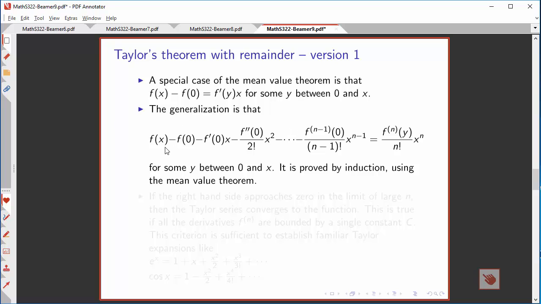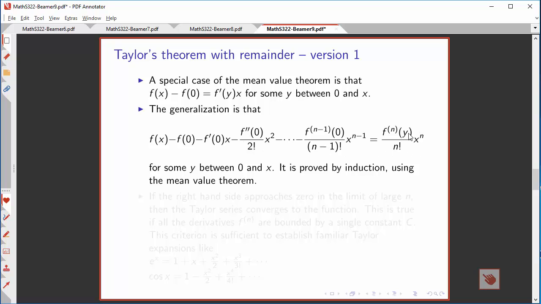Now there's a reasonable looking generalization of this. Suppose I take f of x and subtract off not just f of 0, but f prime of 0 times x. And then I'll subtract off f double prime of 0 over 2 factorial times x squared. In fact, what I'll do is subtract off the first n terms in the Taylor expansion. What Taylor's theorem with remainder says is that the first term that I didn't subtract off is the remainder, everything that's left over,